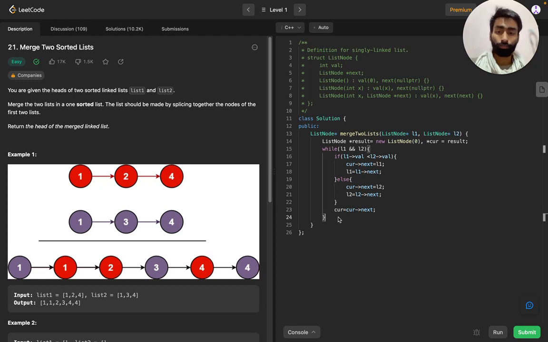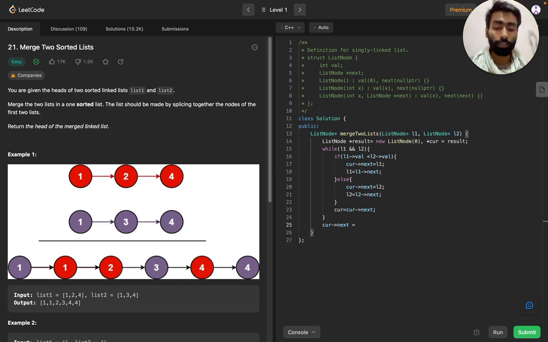Now when this iteration completes, meaning any of the two lists is now pointing to null, in that condition, current next is set to the element which is existing.